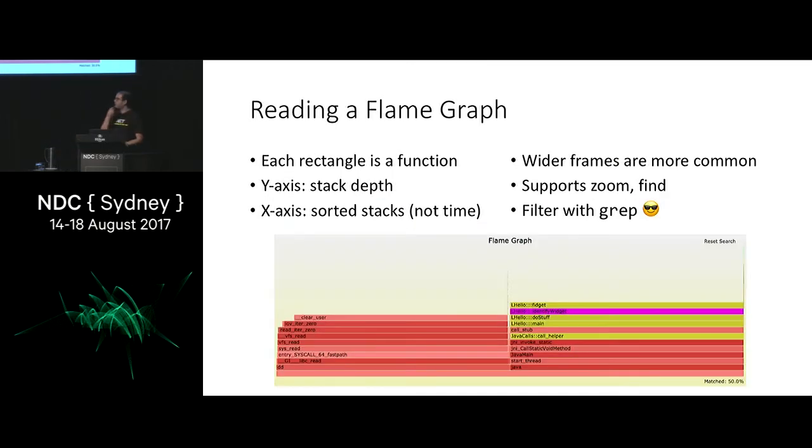Now, how do you read one of these things? Rather than the slide, I just want to show you a quick live example. So this is a flame graph generated from a Node.js process. First and foremost, ignore the colors. The colors are just there for prettification, right? So the whole thing is a little easier on the eyes, or not, arguably. It's just there to differentiate the different functions. So the colors are totally random, and they are designed to make it look like a flame, hence the name